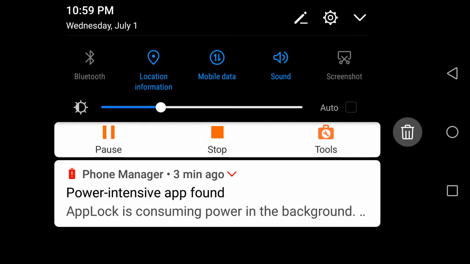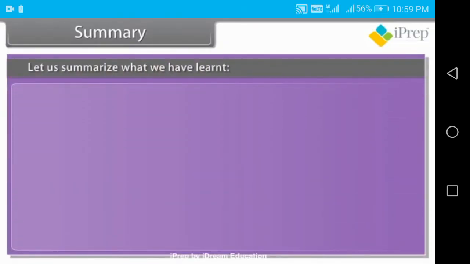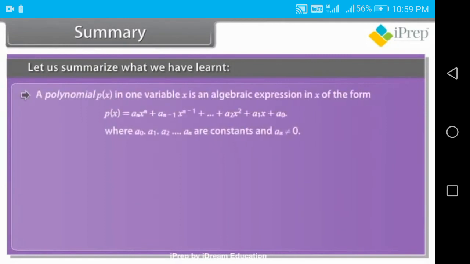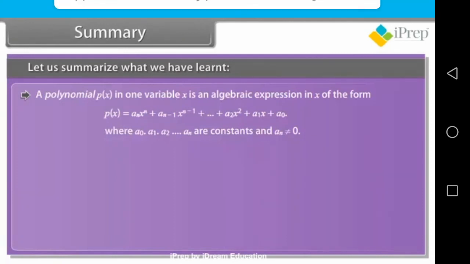Summary. Let us summarize what we have learned. A polynomial p(x) in one variable x is an algebraic expression in x of the form p(x) is equal to a_n x raised to the power n plus a_(n minus 1) x raised to the power n minus 1 plus so on plus a_2 x raised to the power 2 plus a_1 x plus a_0, where a_0, a_1,